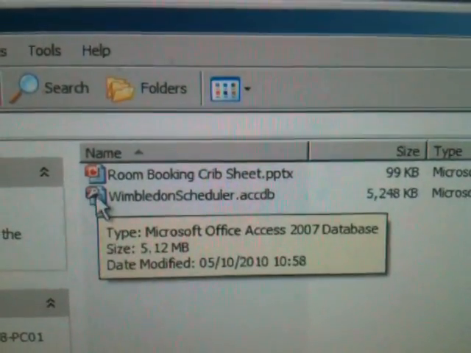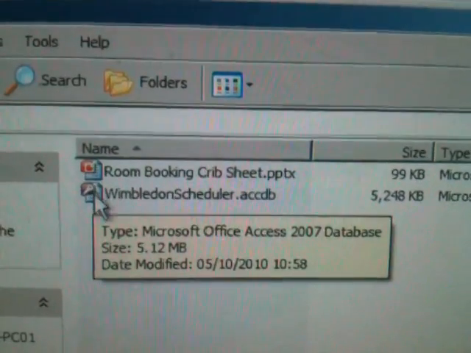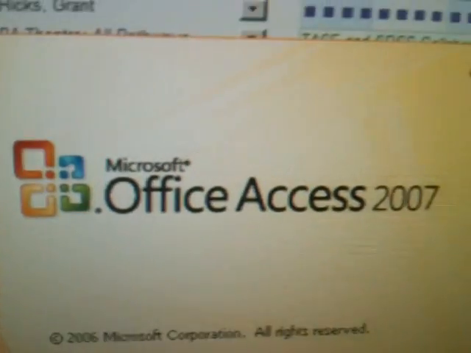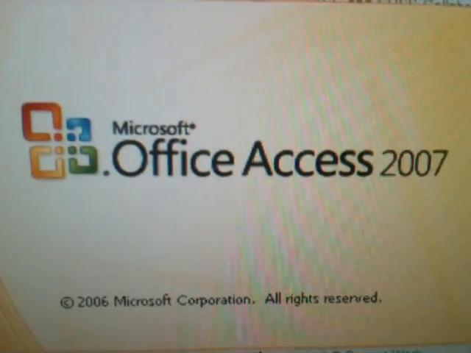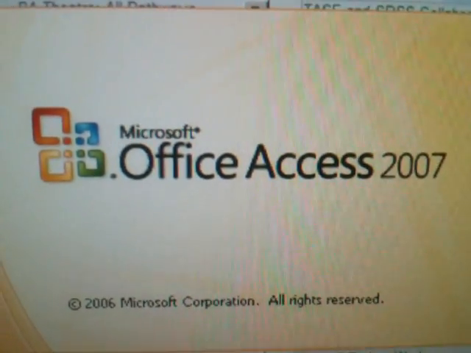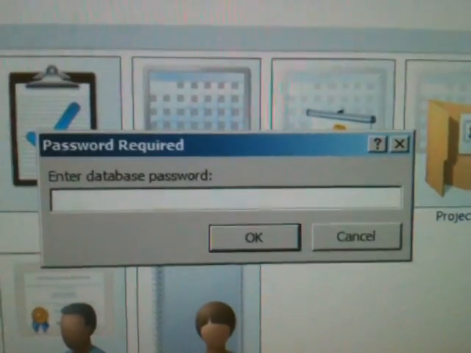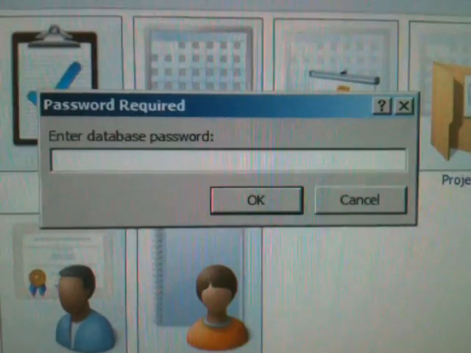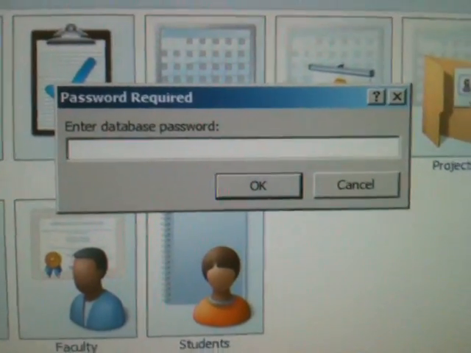Right, it's a quick run through of how to use the Wimbledon scheduler. You'll find it in your S drive, and it's in Microsoft Access. If you're using a PC, you'll just be able to launch it. If you're using a Mac, you'll have to get remote access from IT services to enable you to connect to this. We need to enter the password, which is